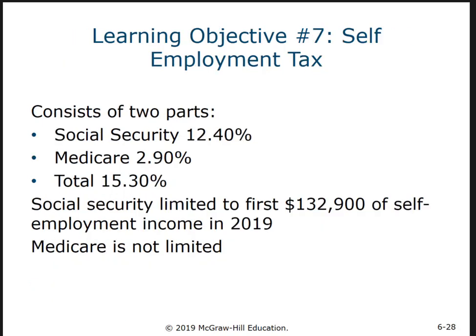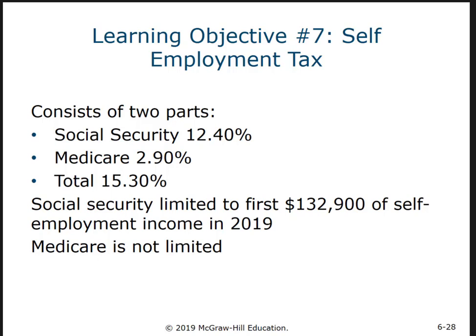Calculate self-employment tax. This often comes as a big surprise to people who are self-employed. If you're an employee, you pay your Social Security tax. It's taken out of your check, and your employer is paying the other half. They're matching that. When you are self-employed, you're both the employee and the employer, so you're paying both sides. So you're paying 15.3% on the first $132,900 of self-employment income. Now you take your income off the Schedule C, you multiply it by 0.9235,